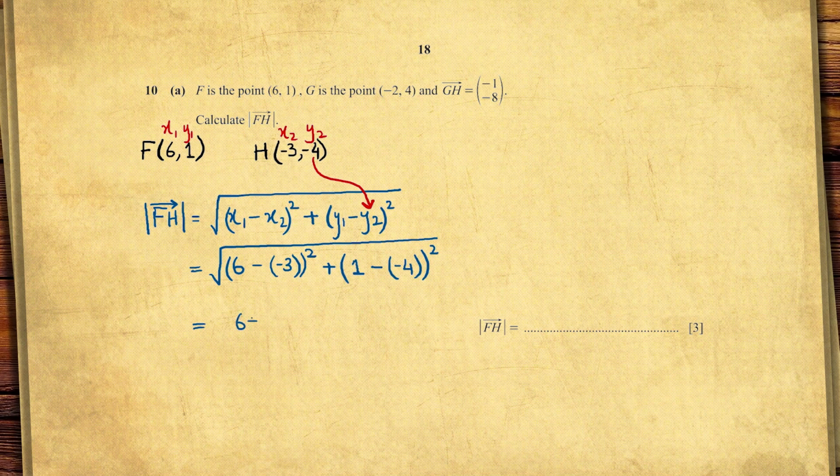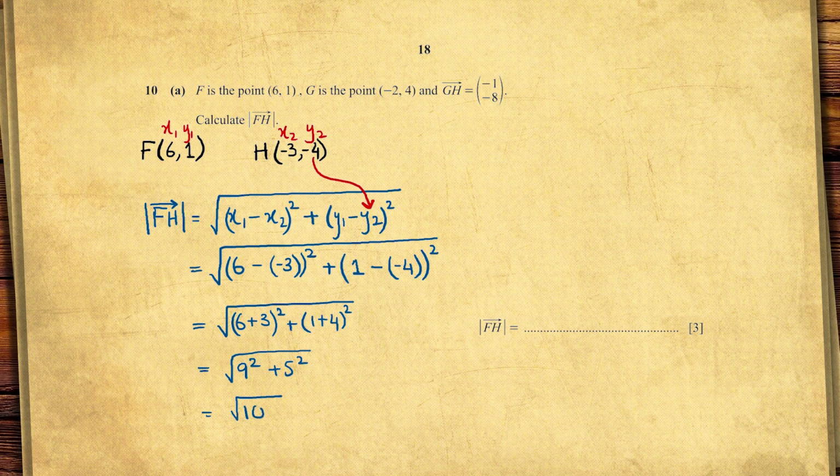So we get 6 plus 3 whole squared plus 1 plus 4 whole squared, under root of this entire thing. And we get the square root of 9 squared plus 5 squared, that equals square root 106, and that is